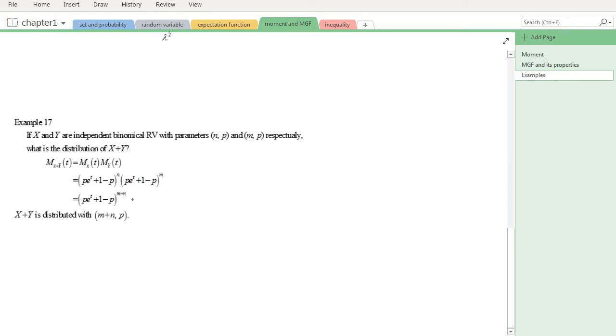So we say that x plus y is binomially distributed with parameters m plus n and p. If you are not very sure about this binomial distribution, I will teach you in another chapter. You will be clearer. But the idea